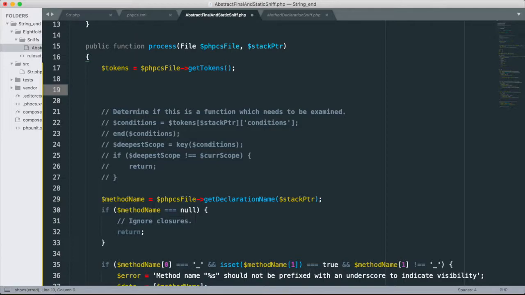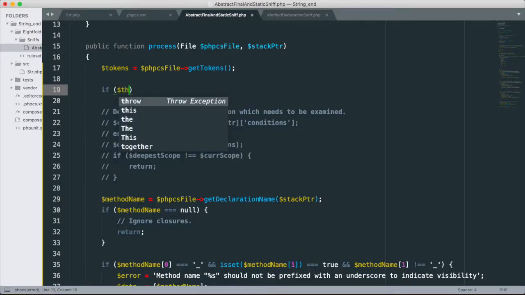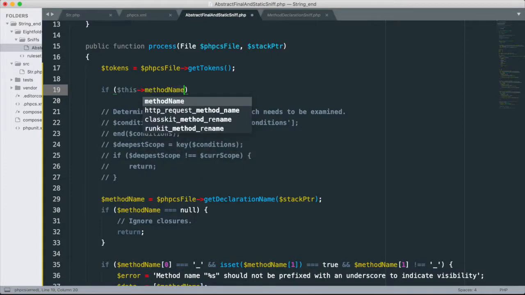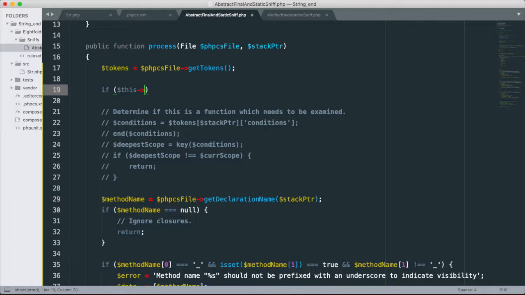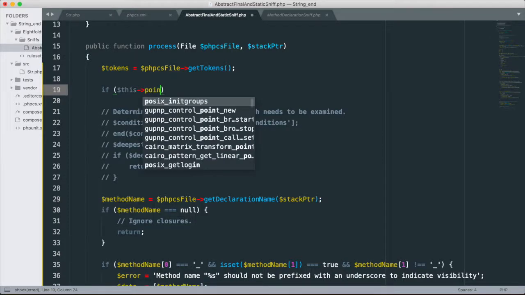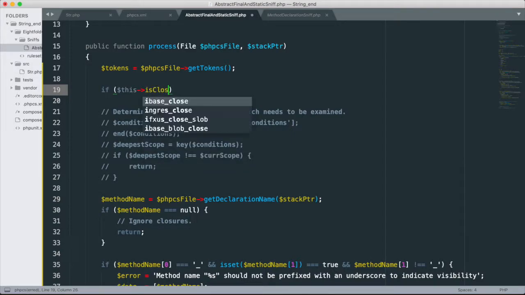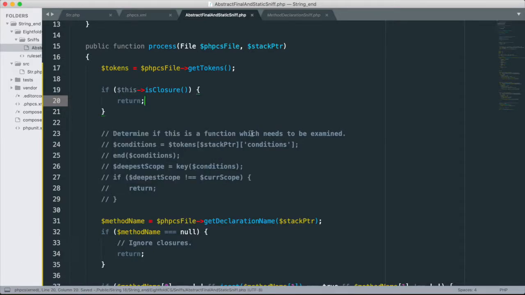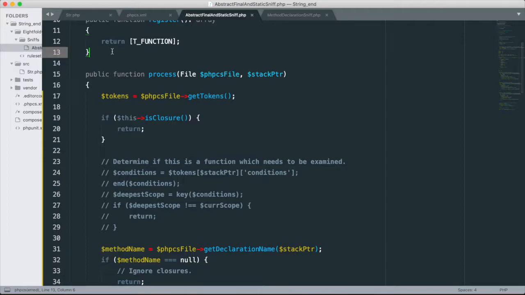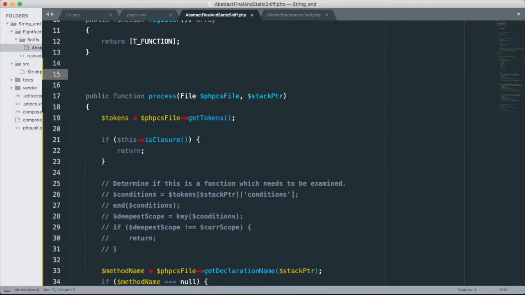So what if we do, if this method name is this, is closure. Right? Because we have a comment here that's explaining what the math is doing, and so what I'm going to do is I'm going to say this is closure, and